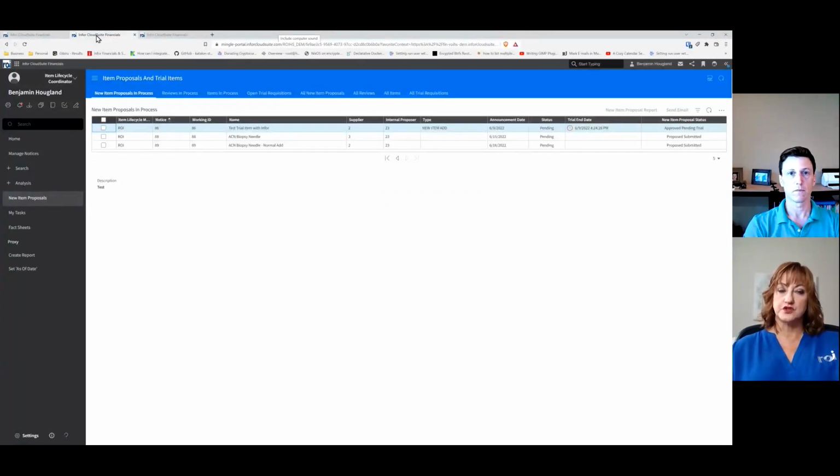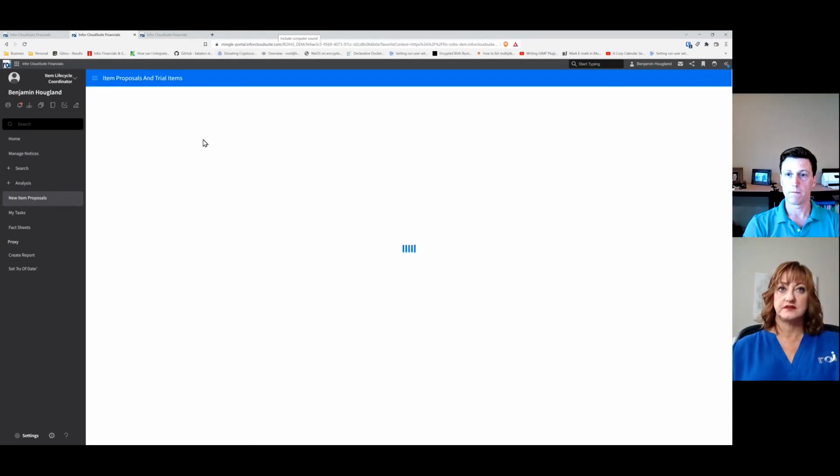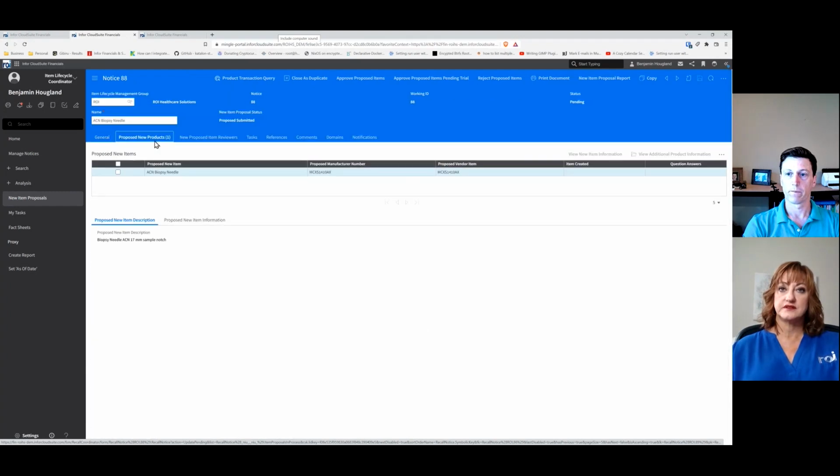But that does give us the control, and it gets the information to the right people soon, right? Very quickly, so that they have the opportunity to work through the process. Yep. It's great. And so what I'm going to do is I'm going to take 88 here. This is very similar to the one that we just added. And we can see on this one